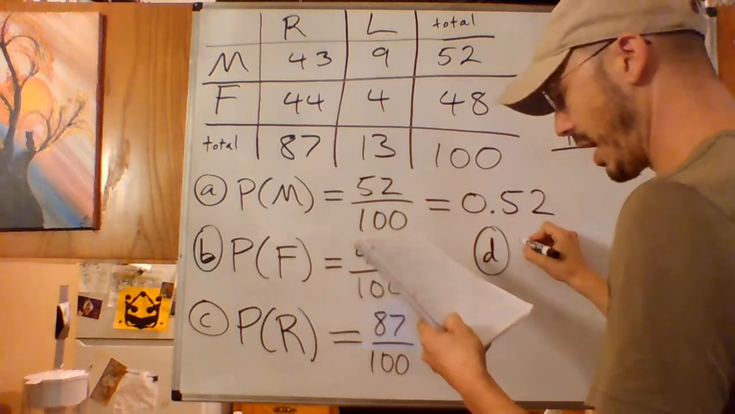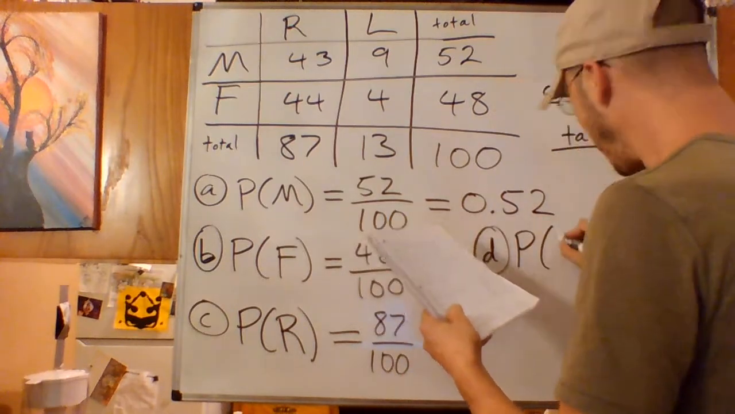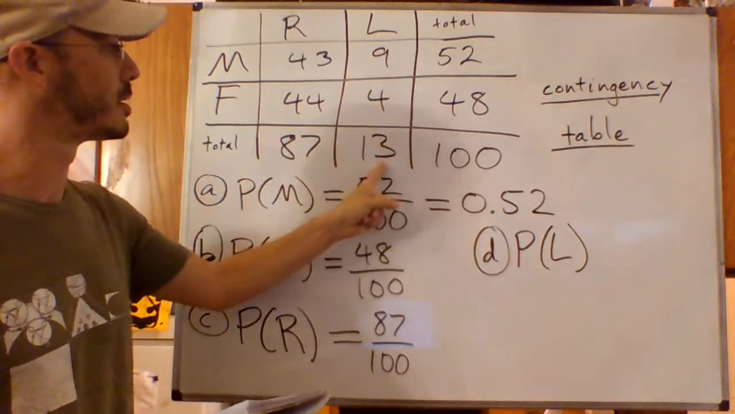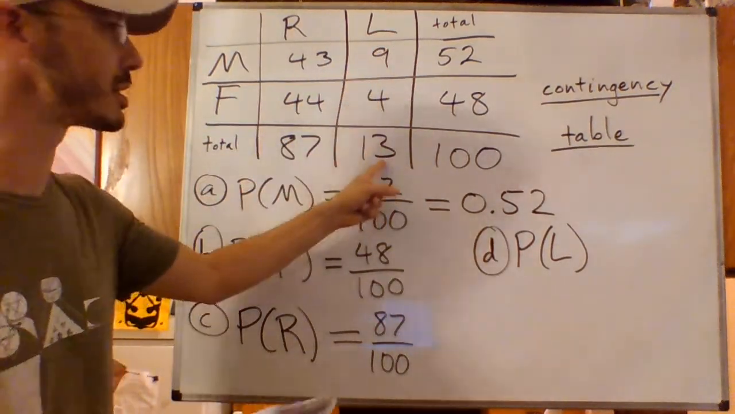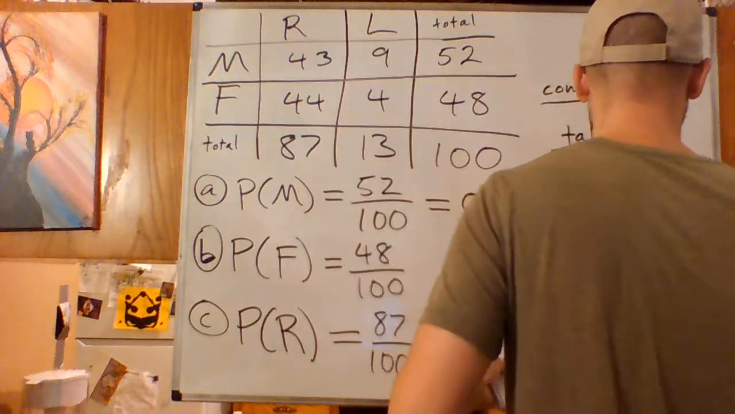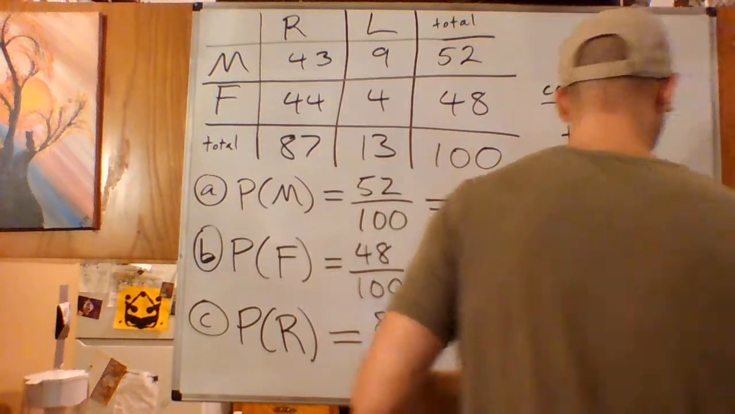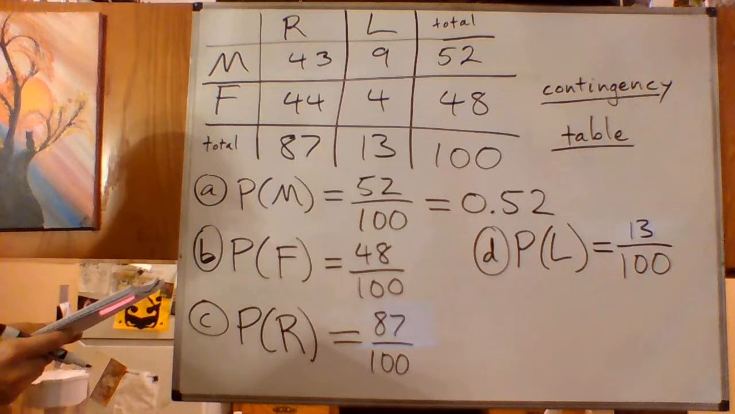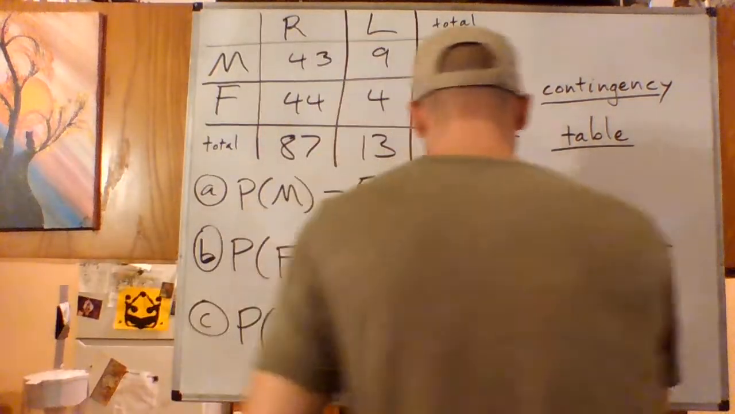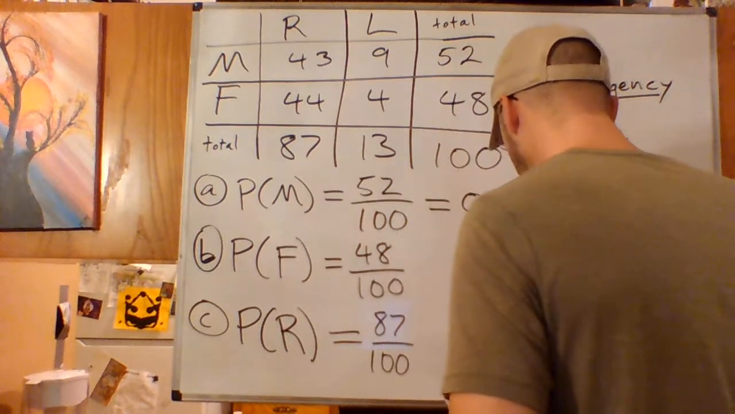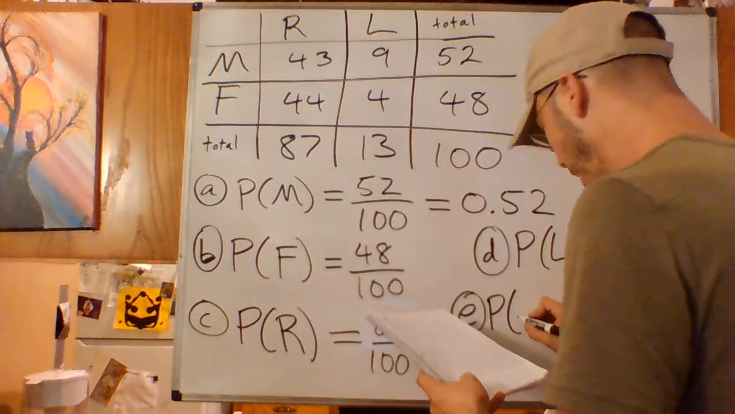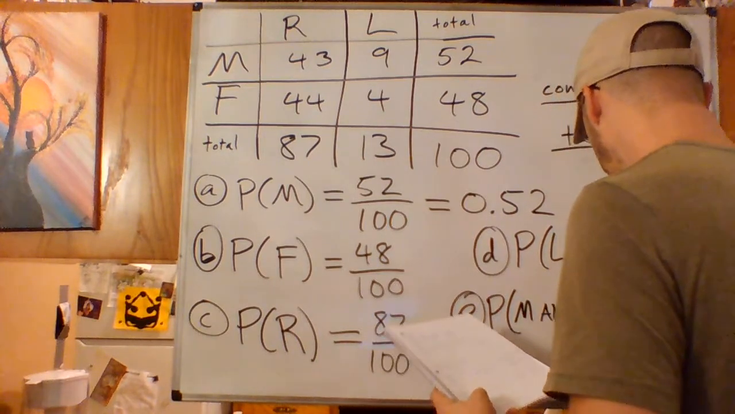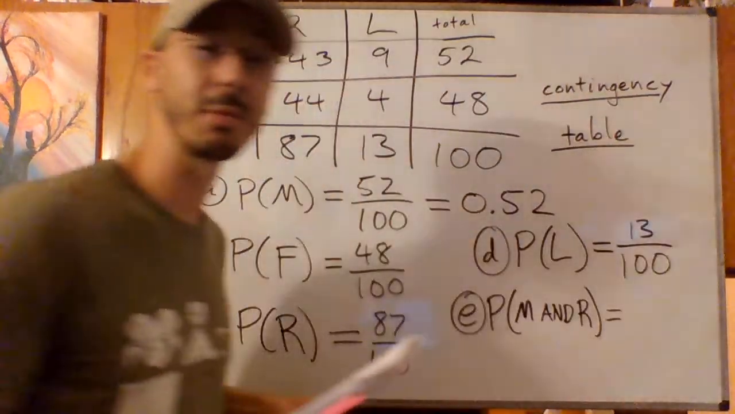Part D asks for the probability of L. Left-handed, there are a total of 13 left-handed people out of the total 100 people. E asks for the probability of M and R. So this is something we can actually get from the table very easily,